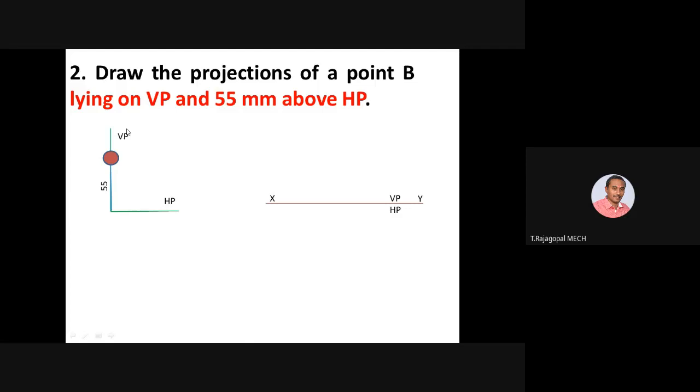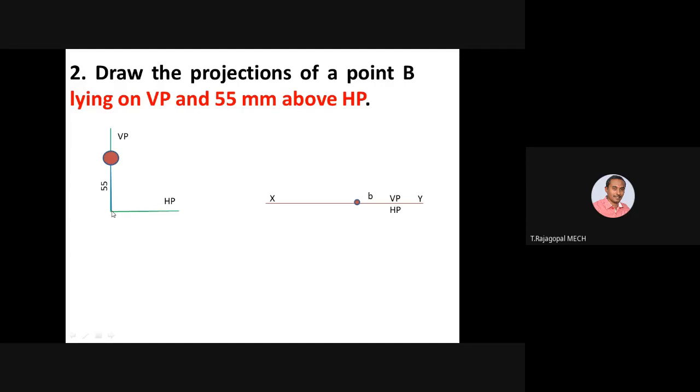What about top view? If you see from the top, the point which is lying exactly on the VP plane, its projection will always fall on the top view. The projection will be drawn on the horizontal plane, which means exactly on the XY reference line. See, this is the top view. We clearly told you that if it is B, it is top view. If it is B dash, it is front view. Top view and front view can be easily identified with the help of the notations.